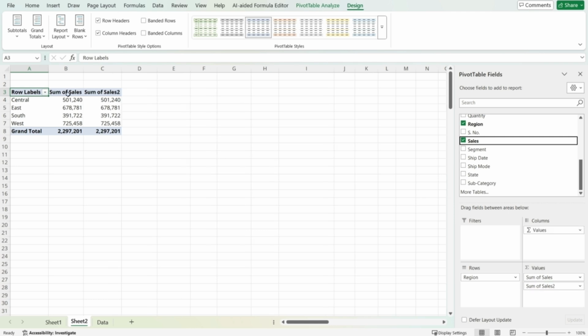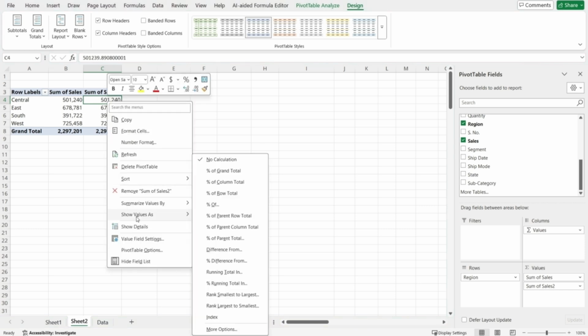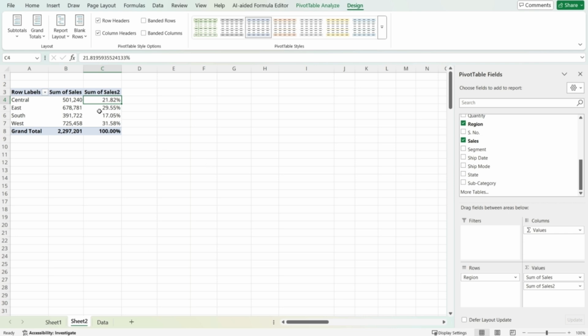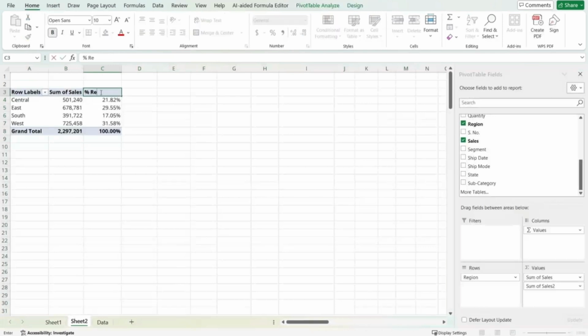So now we have the sales twice, and what we can do is we can right click on this sales. We have an option to show the values as percentage of grand total. So we can select this, and now we have the total sales and percentage sales contributed by each of the regions. We can change the name of this column from sum of sales to percentage revenues. So we can click over here or maybe type percentage revenues,